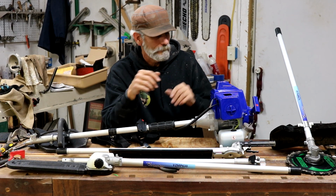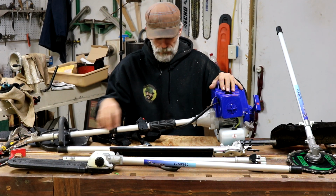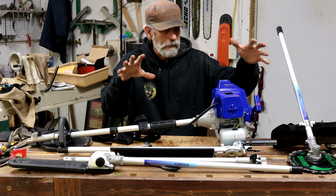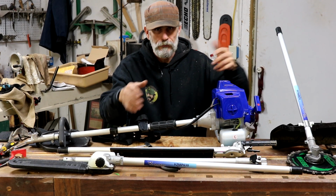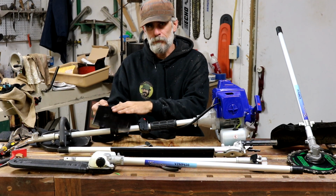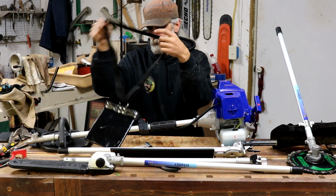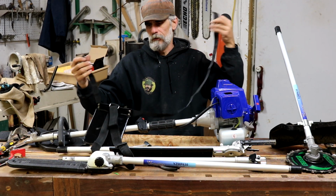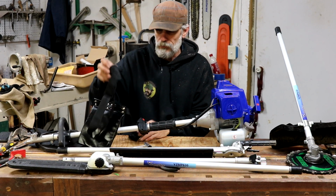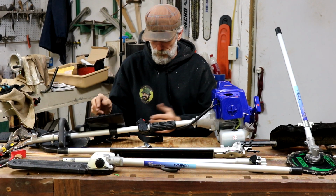Now, downsides to it, that's 15 pounds right there. Without this J handle and just the shaft with the hand and the throttle control, that's 15 pounds. Then you're adding 2 or 3 pounds depending on which attachment you're running on it. And the strap, it has a nice pad for your hip where it's riding against you, but there is no pad on the arm strap. And it also has this strap which is to go around you and buckle, so it holds it to your waist. But without any kind of pad on this, it's kind of an uncomfortable booger. So there could be an improvement there. Outside of that,